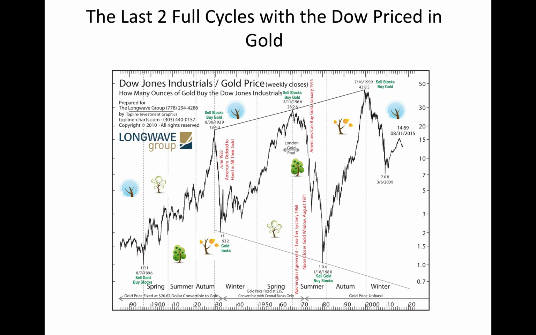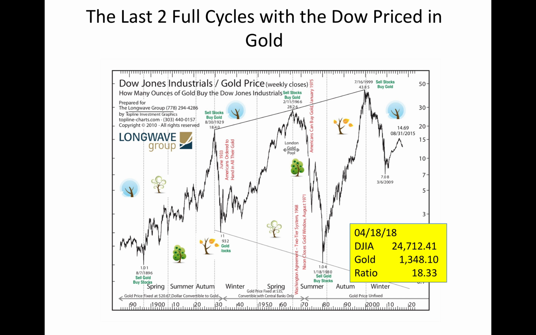However, by 1980, that number got back to 1. The Dow was at about 850 and gold was about $850 an ounce, having risen to $850 an ounce from about $35 an ounce in 1971 when President Nixon at the time closed the gold window, as you can see on the chart. Then, from 1980 to 1999, over those 2 decades, that ratio worked its way all the way back up to almost 44. That was the peak of the tech stock bubble.